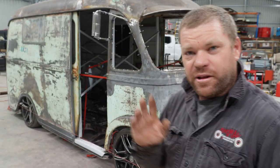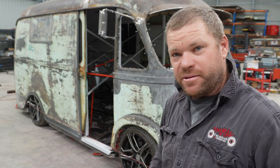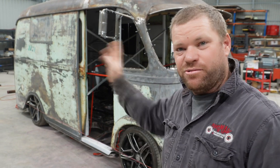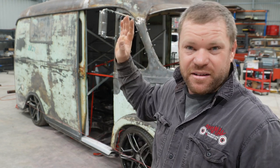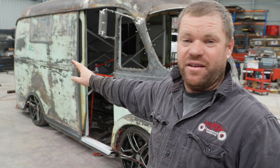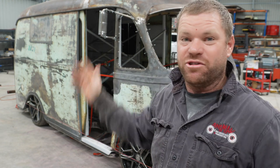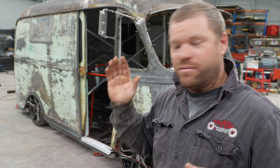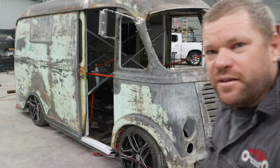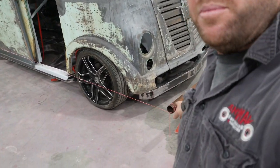So for the string alignment, which is what I'm going to be doing, videos tell you to use the rear wheel and square your string up off of that. In my case, they could be anywhere in space at all. The chances of them being straight are extremely slim, I would imagine. So I'm going to run, let's see, got a couple of bits of pipe,